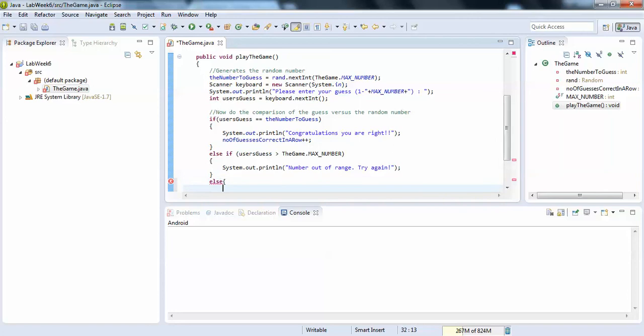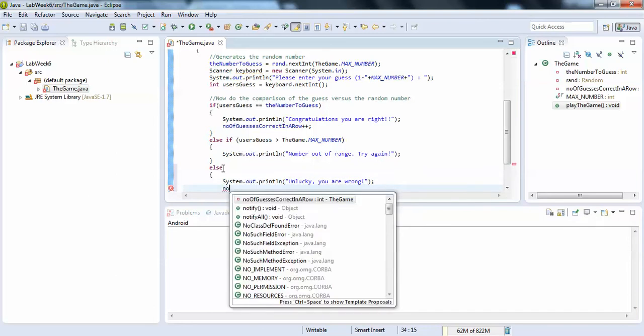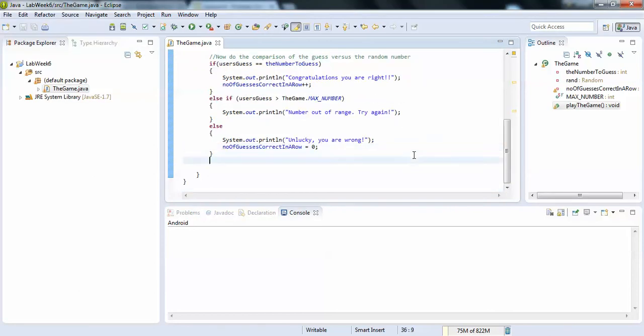So else, "Unlucky, you're wrong." Now remember in this case as well that if they have had a number of correct guesses in a row, they may be up to 2 for example, at this point it should get set back to 0 if they have finished their run of correct guesses. Okay, the next thing would be